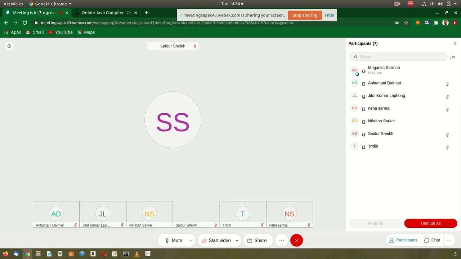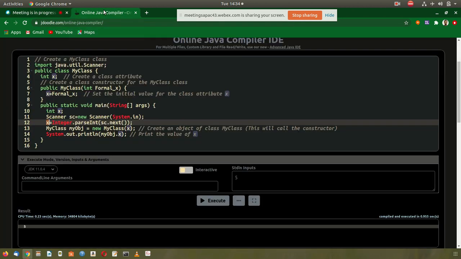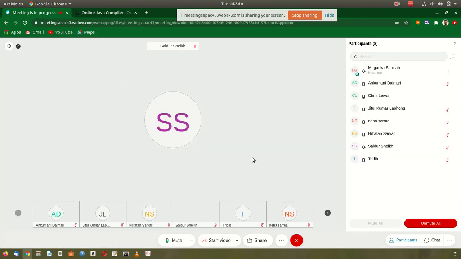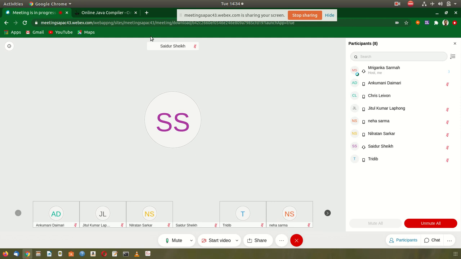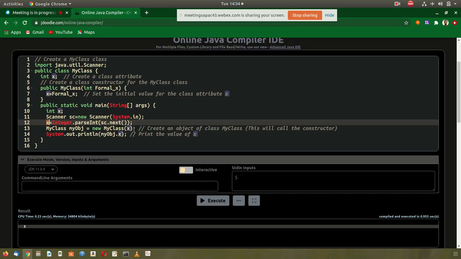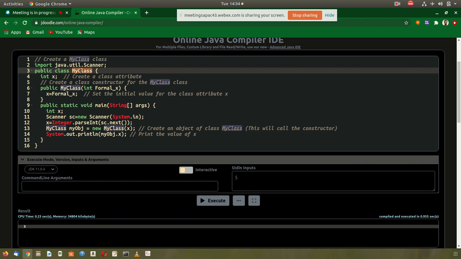After that, this x will be passed as an argument to the constructor, that is our user defined class constructor, MyClass.